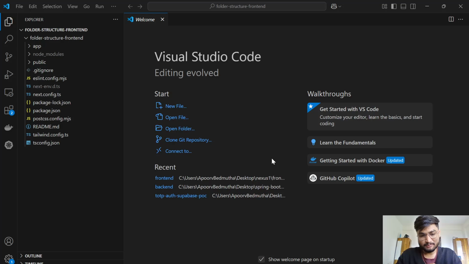So I have been working and building front-end projects for almost 4 years now, and I have had my fair share of problems. And this particular folder structure or folder organization has nurtured through all that process. So I would not certainly say that this is the perfect organization, but it is certainly something that can get